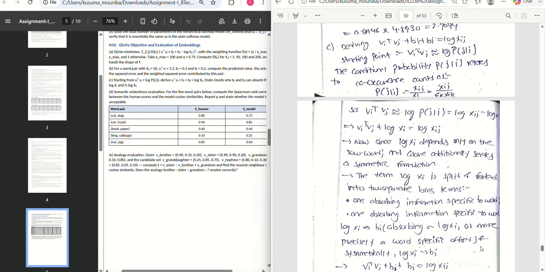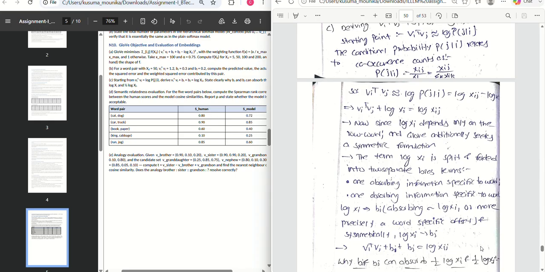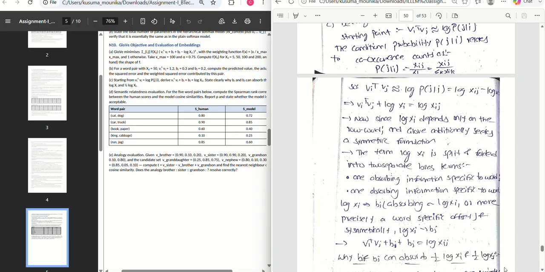In the third question, deriving vi transpose vj plus bi plus bj equals log Xij. We start with vi transpose vj approximately equal to the log of P, given Pij, the probability of j given i, which is Xij over the sum over k of Xik. So vi transpose vj approximately equals log Xij minus log Xi. The terms would be giving vi transpose vj plus log Xi equals log Xij. Now since Xi depends only on the row word,